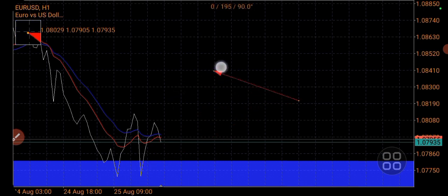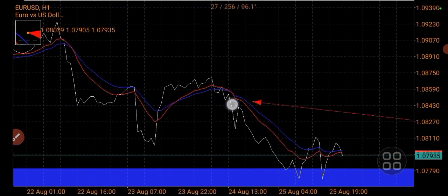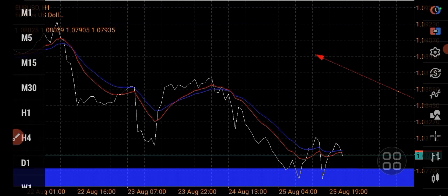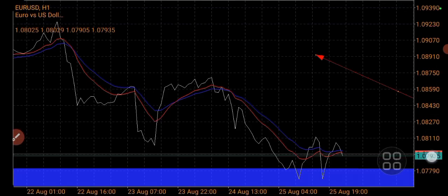W is for buy, then M is for sell. If you see M like this place now, look at what happened. M. If I go back and use line charts, and go back and use the candle chart,